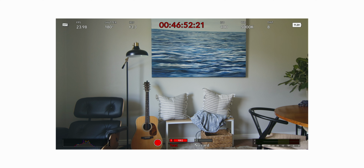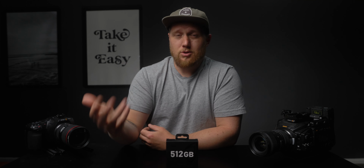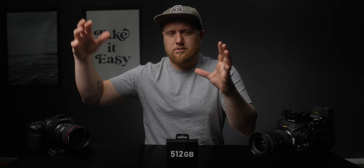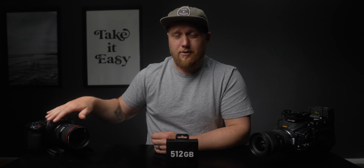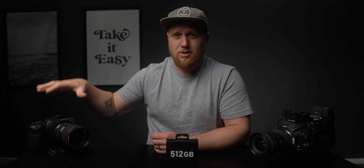So the next thing I did, still in 3:1 compression, is I bumped it up to 50 frames per second to see if it could sustain those write speeds. And again, it filled up no problem, not a single drop frame, so really happy there. And then I started doing 120 frames per second in 2.8K, 2.7K resolution at 3:1 compression, no problems there. So for this camera, what I've found is this card is not limited to the write speeds